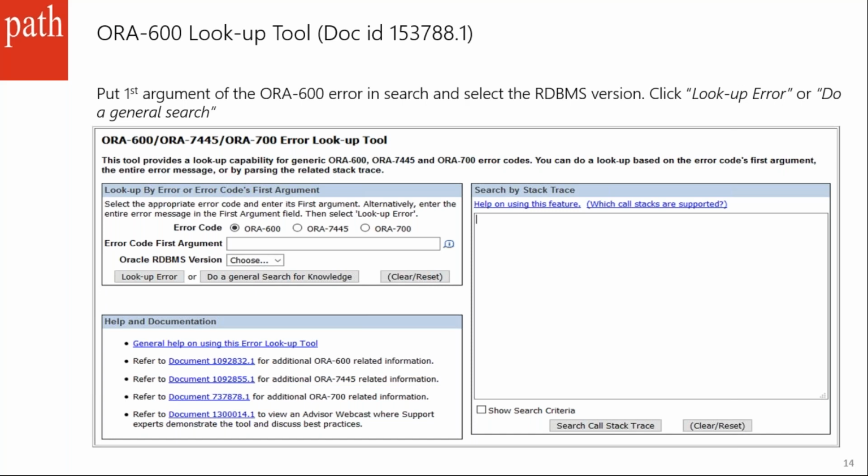Similarly, other diagnostic tools can be used depending on your requirement. Most of these tools have documentation available on how to use them, although a lot of issues can be resolved by using the Oracle knowledge base. Still, there can be issues which require Oracle support help, maybe due to the complexity of the issue or urgency of the issue or business impact. For these issues, we need to raise an SR request with Oracle support. One of the first best practices while raising the service request is to be proactive. What we mean by proactive is,